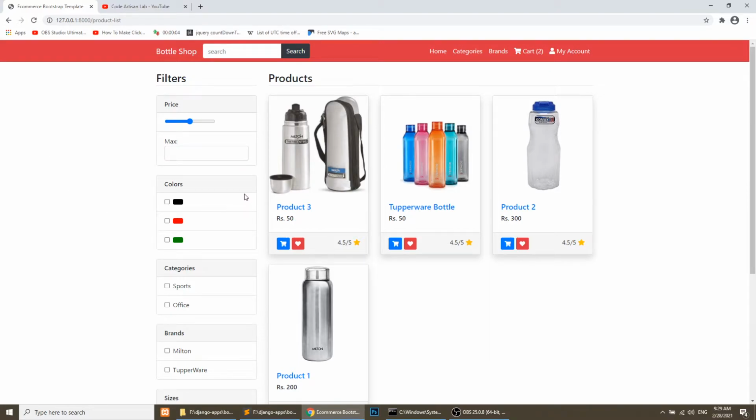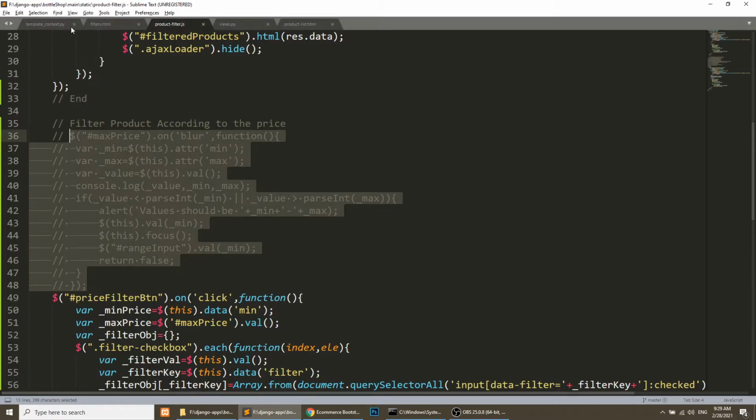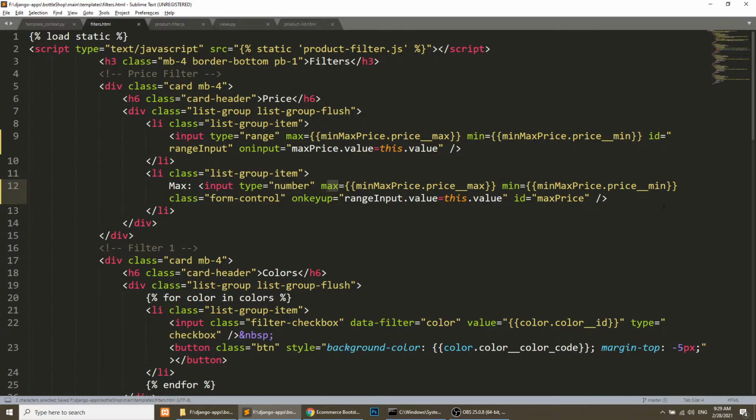Now our flow will be, I will add a button after the maximum input. Then when we click on that button, we will change the response. We will do this with a combination of this price and all the checkboxes. We will do this in our upcoming video, but in this video I just want to show you how we can fetch the minimum and maximum price, and we will also add the button here. So let's add the button.